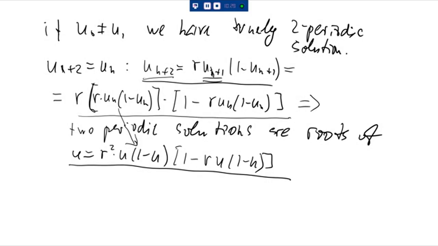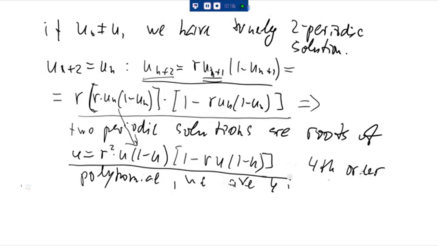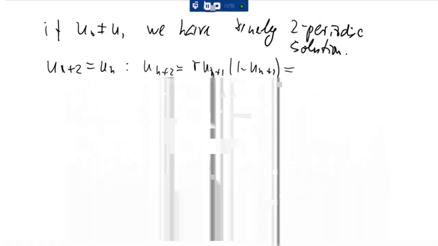Roots of this equation are two periodic solutions. So this is a fourth order polynomial. Fourth order polynomial. Roots